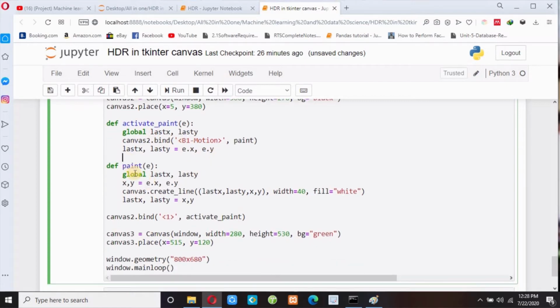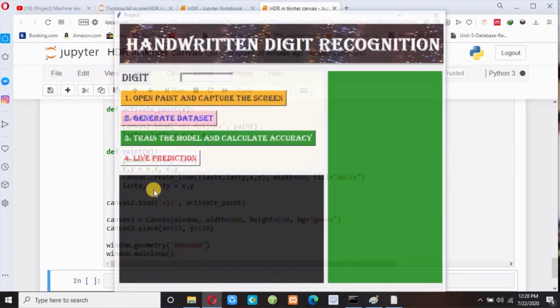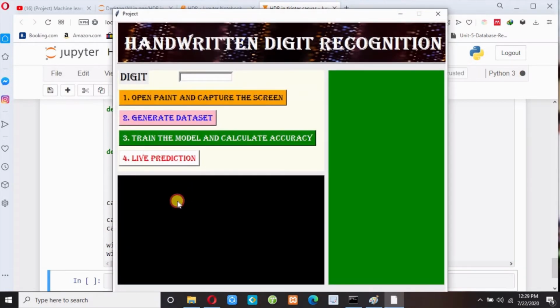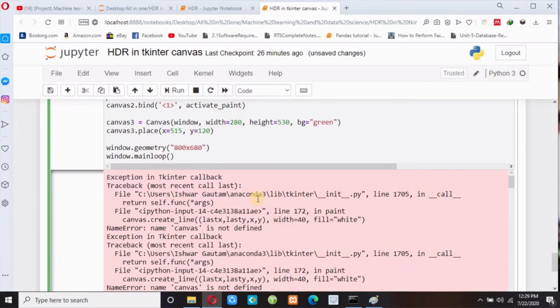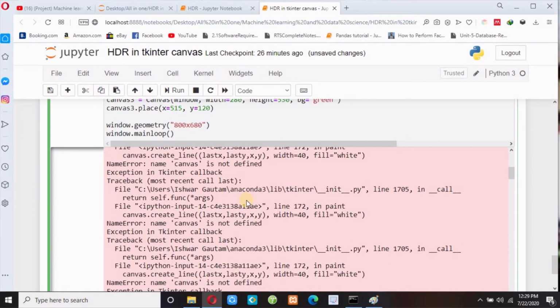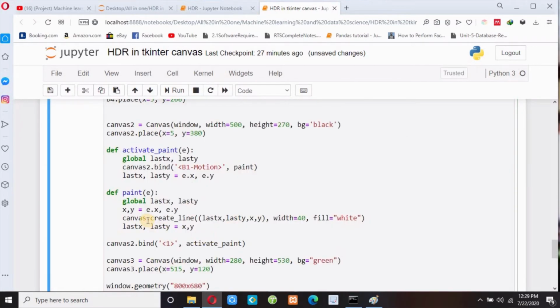And this paint function simply draws the brush in white. It means you have to draw white color and your brush width equals 40. And now if I execute this code, you can see here, now I have got some error. So let me check this. I have to write Canvas 2 here because I have to draw the line in Canvas 2. So if I execute this code once again,